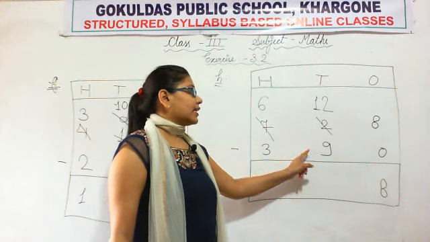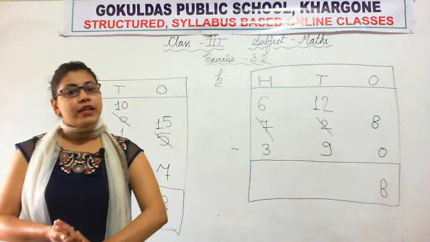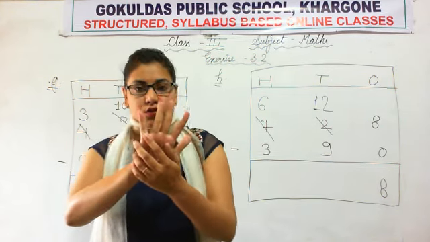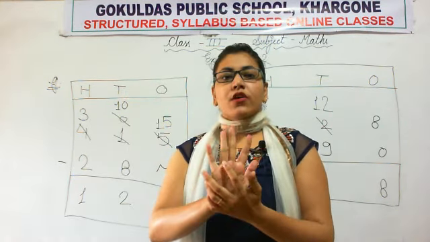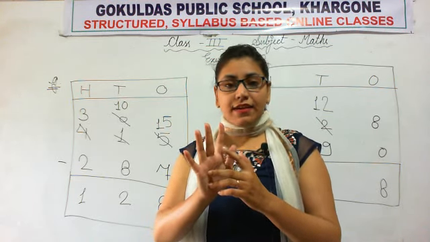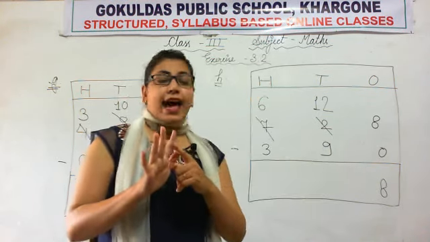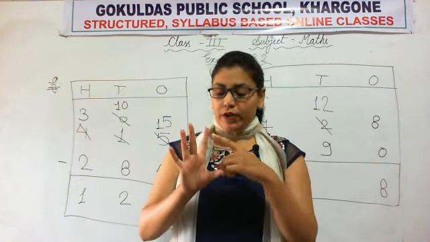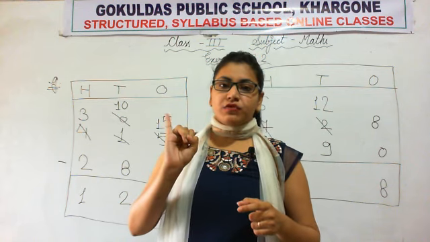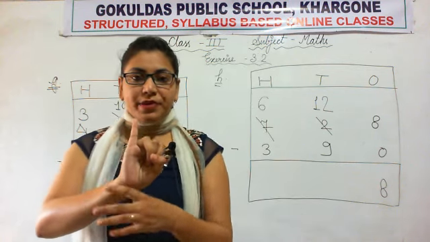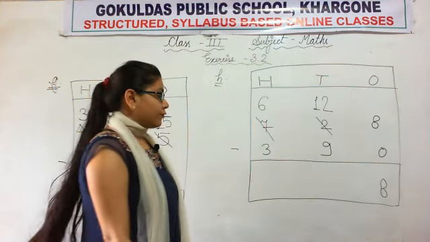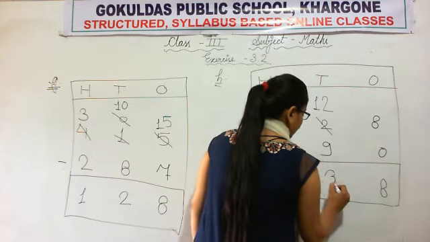Now 12 minus 9. Can we remove 9 from 12? Yes, we can. So first of all let us count 12 finger marks: 1, 2, 3, 4, 5, 6, 7, 8, 9, 10, 11 and 12. Minus 9, so we'll count 9 times backward: 1, 2, 3, 4, 5, 6, 7, 8, 9. We have removed the 9 finger marks. Now count how many are left: 1, 2 and 3. Only 3 finger marks are left, so we will write the number 3.